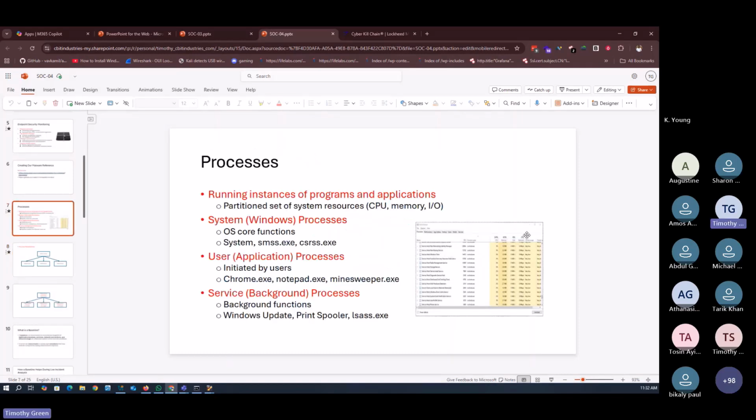So I believe you've seen something like this, Task Manager on Windows, and it's called processes. So processes basically are running instances of programs and applications. It's going to be showing you the amount of CPU they are using, the amount of memory. Of course, we also have Windows processes. So we have system or Windows processes. These are when you see system.exe, smss.exe, csrss.exe,